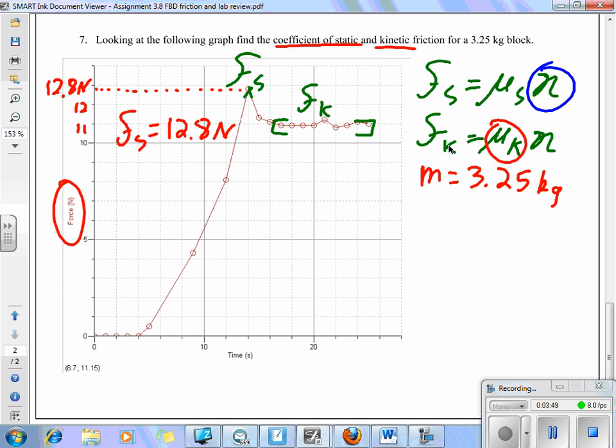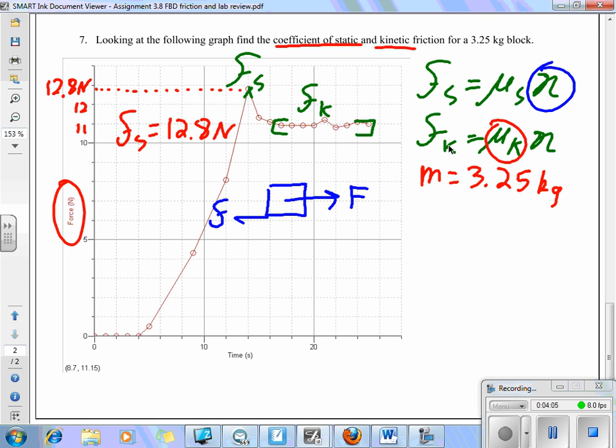So let's solve for that. Well, there's really no solving to do. What you have to do is think about the free body diagram. This is a diagram of the block being pulled across the tabletop like we did in our lab. We know we're pulling with some force, which we're reading from the y-axis, and then there's some force of friction